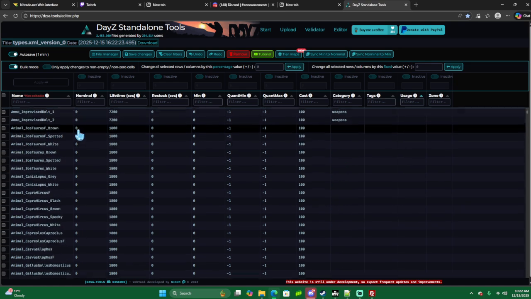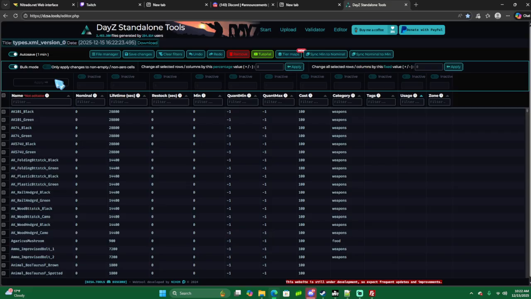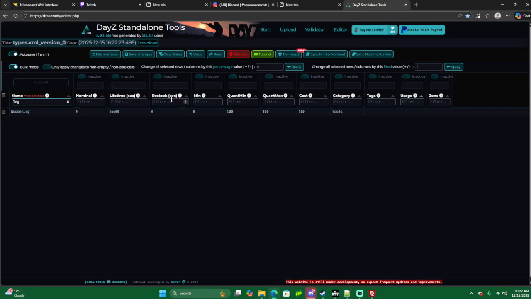Okay, guys. So this is the tool. You could go, let's say with the logs, for instance, you'll type in log in here and it'll give you it right here. A normal one will say 0, right? So let's say I want to change it. Boom, boom. You just put your 100, your 100, and then you click